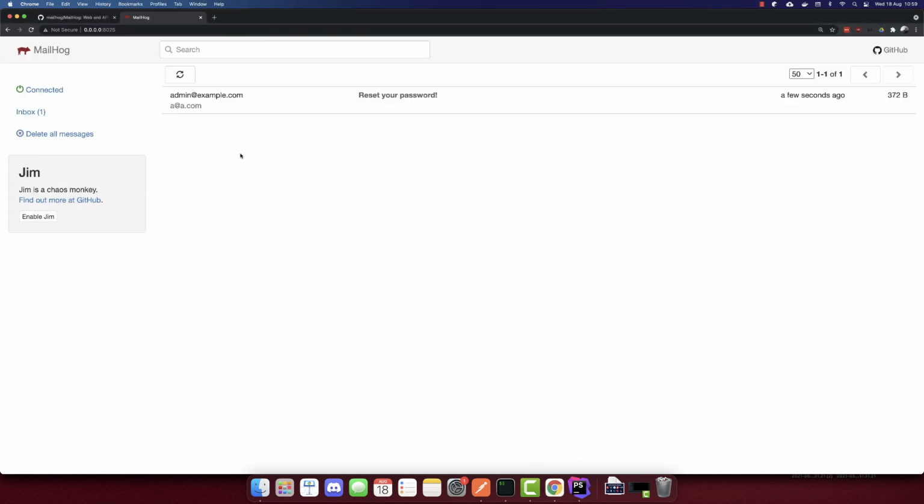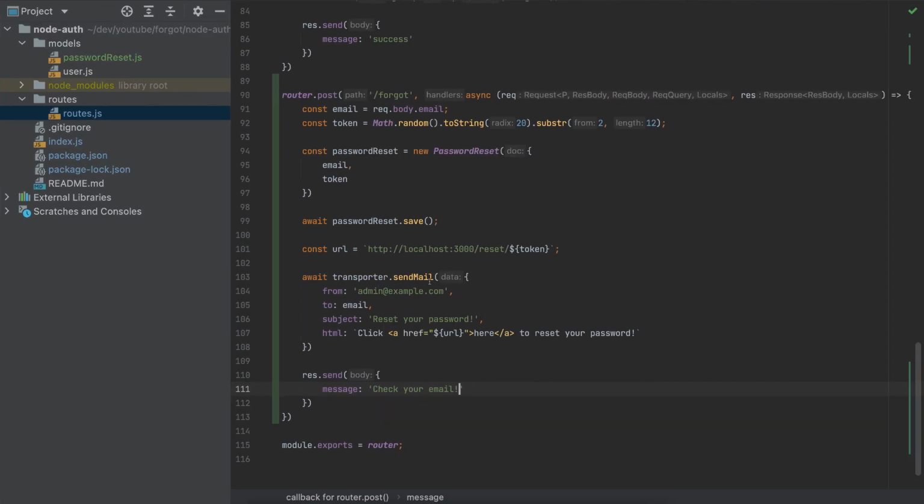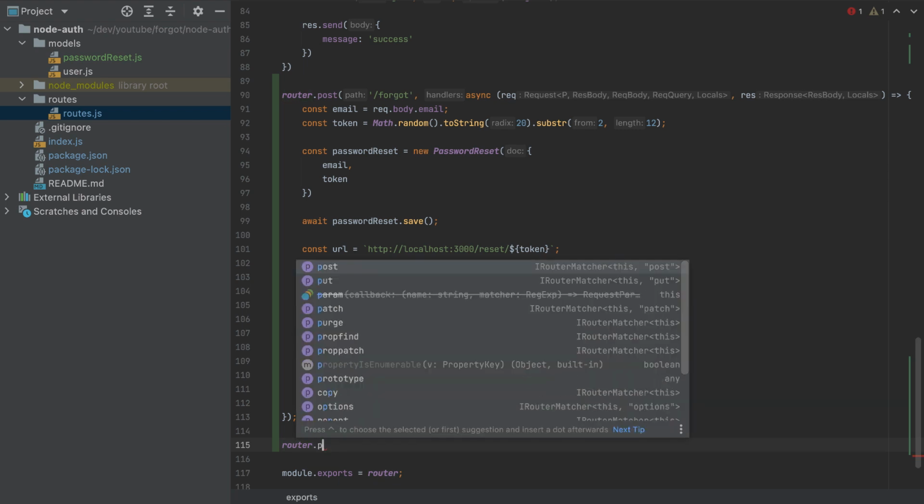So now if we open mailhog, we'll see that we will get an email here. Let's click here, and the HTML is click here to reset your password. If we see plain text, we'll see that we got an actual URL here, and this last one is a token. So this was successful. Now what is left is to create the endpoint to reset our password. So let's do it. Router post